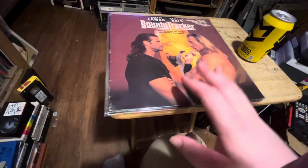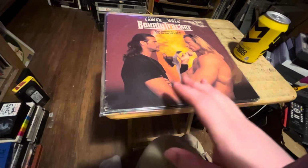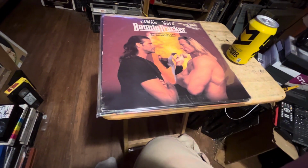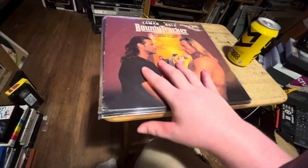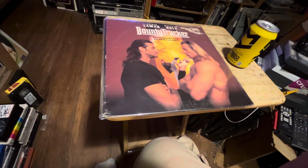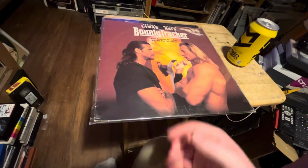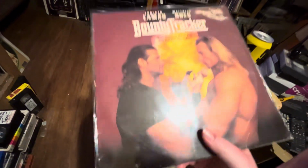And I'd much rather have the LaserDisc because the LaserDisc has such good picture quality compared to VHS. But yeah, this is a great film. I like this movie. Very well done film, I think. So, anyway, and then we have